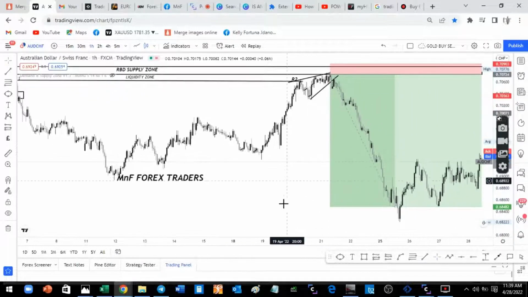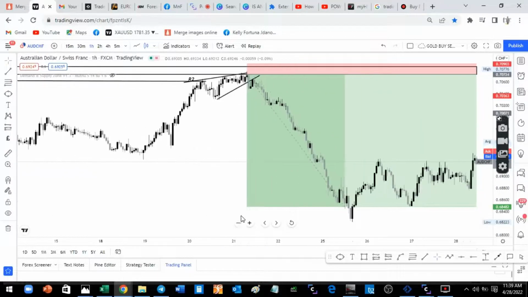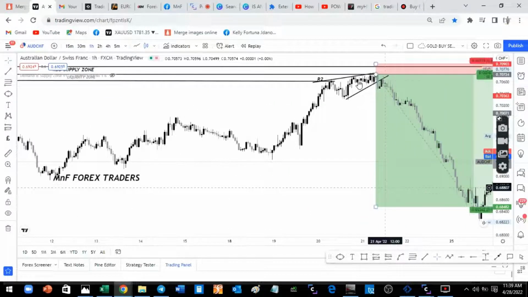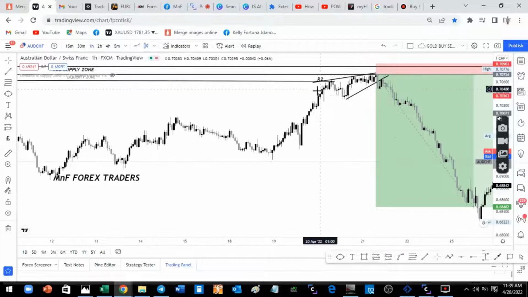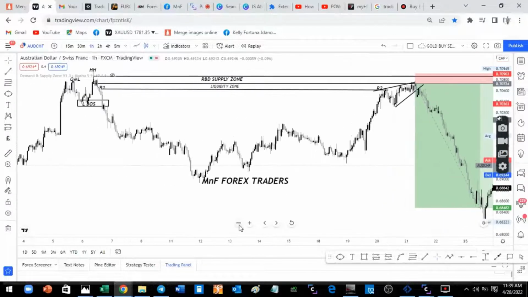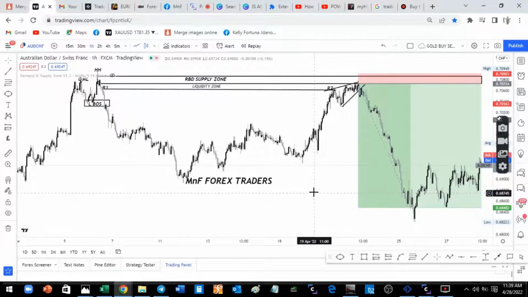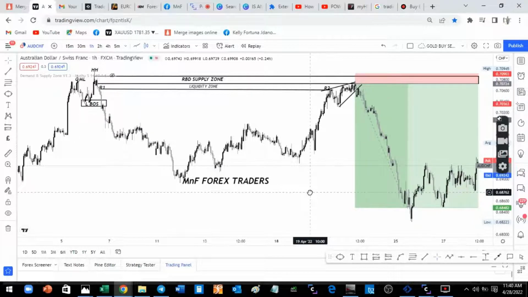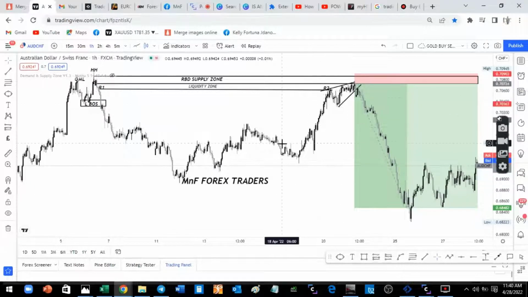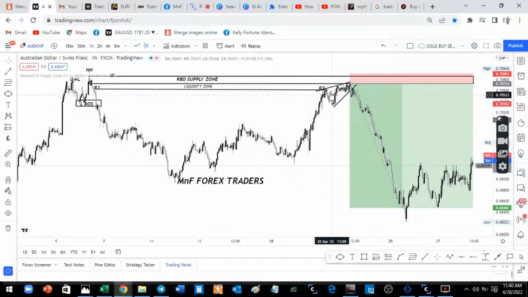Another interesting thing we had here, if you look at this level right here, is that the market started compressing. We had a compression, which is a rising wedge. This kind of setup is what we call the CPLQ: QML setup plus CPLQ, which is compression plus liquidity. So what we had here is the market